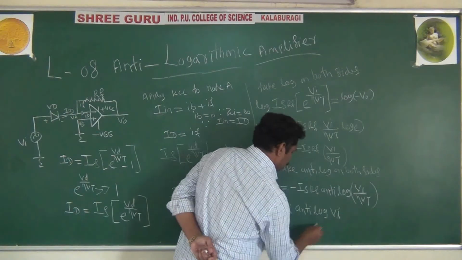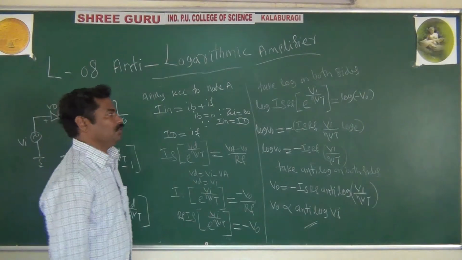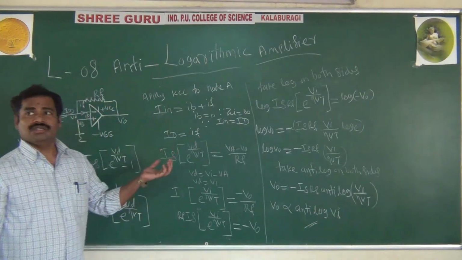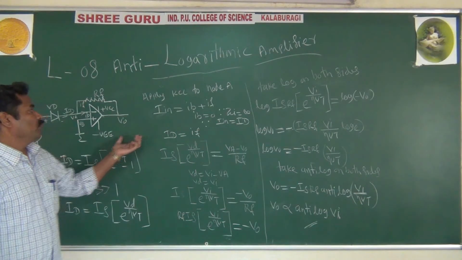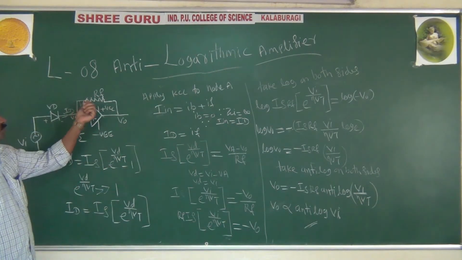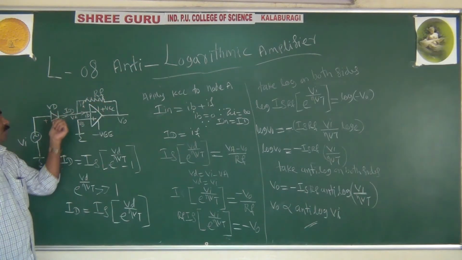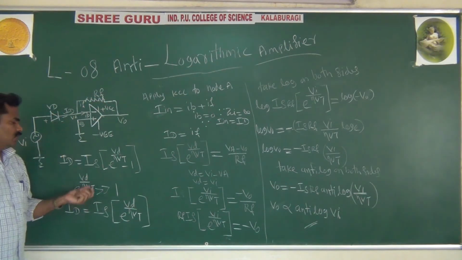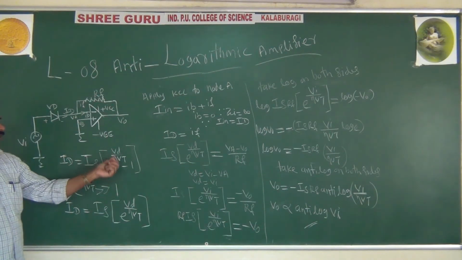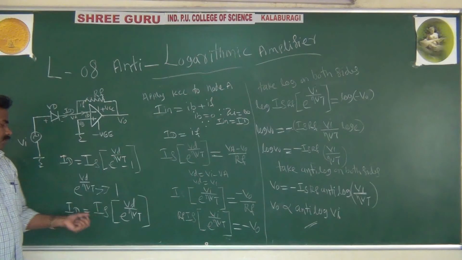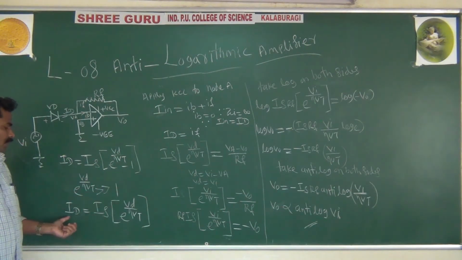This is about the importance of your anti-logarithm pair. The only thing is that everything is the same as your logarithm pair. As I said, in your logarithm pair the diode is in the feedback, and in the anti-logarithm pair the diode is on the input side. And as usual, we know the diode current ID is Is e raised to Vd by eta into Vd, minus 1, and because e raised to Vd by eta into Vd is more than 1, ID is Is